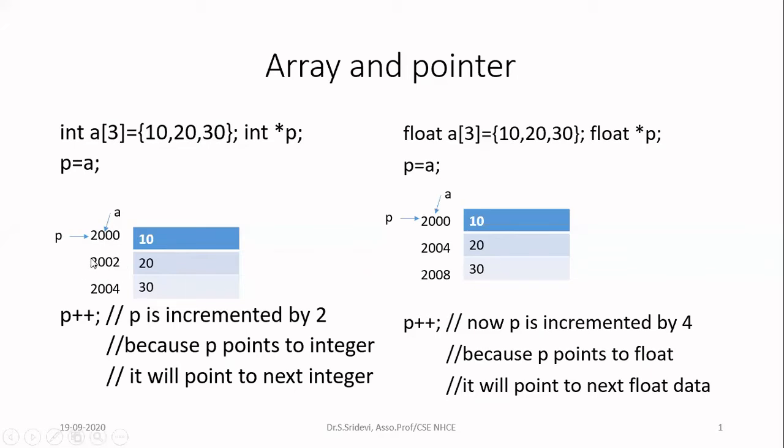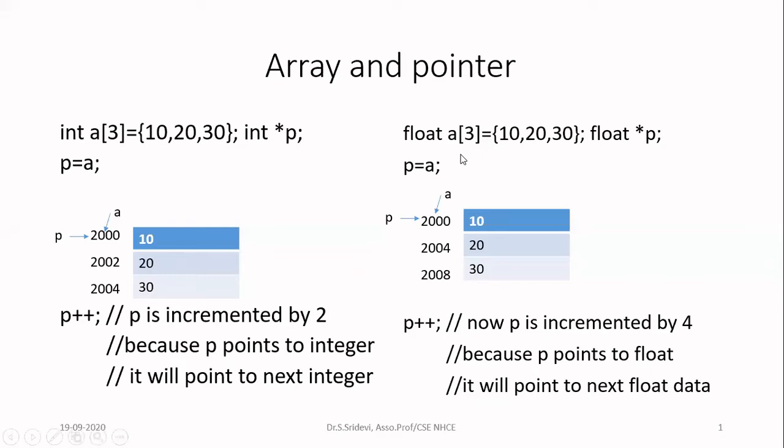Always remember, P++ means don't increment by 1. You have to increment by the size of the variable pointed by the pointer. So here P is pointing to integer. See what is the size of the integer. Then you have to add that number to the pointer variable. Okay, if P is 2000, don't simply write 2001. You have to see what data type the pointer is pointing to and what is the size of that data type. Now let us see one more example so that you will understand.